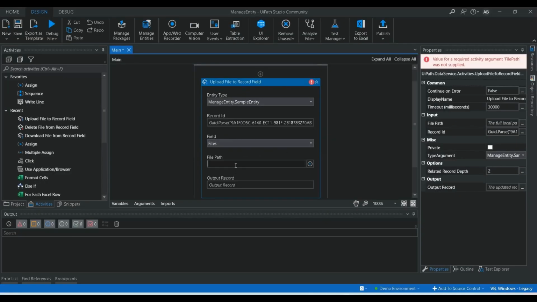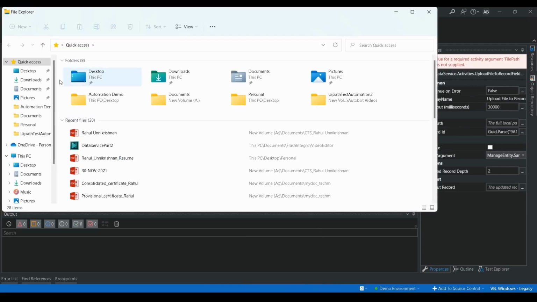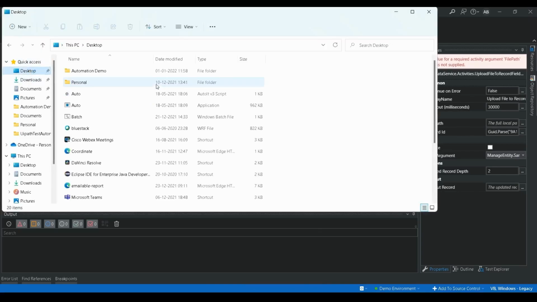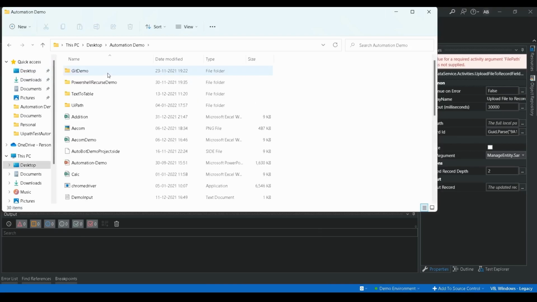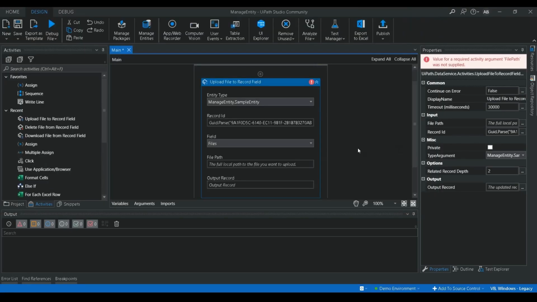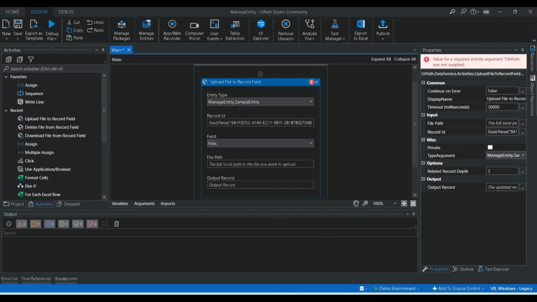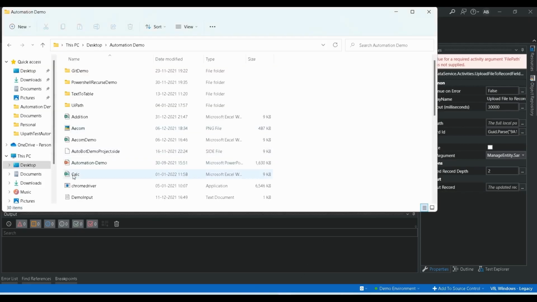Then what is the full path, which file that we want to upload? For that, let me take this file calc.sls.